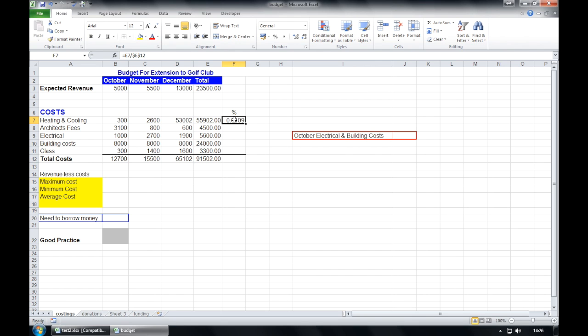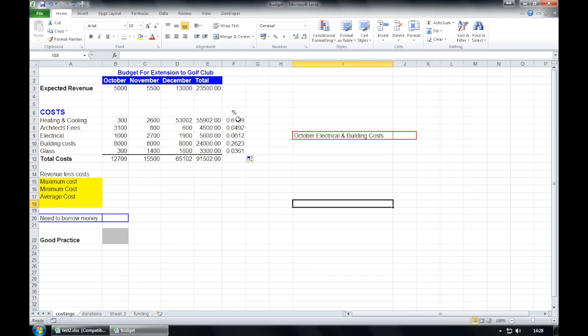Now this hasn't changed. However, for question 16 we need to copy this formula so it also includes F8, 9, 10 and 11. So the simplest way to do that is select the cell that you're in, and if you hover over the bottom right hand side you'll notice that the cursor changes. Simply dragging down will then populate all the rest of the cells. And by looking in them, you'll see that although part of the formula will change based on the row that you're in, the total is always our absolute cell reference.